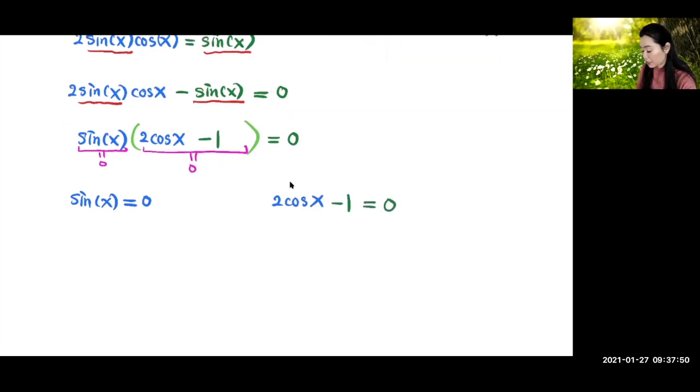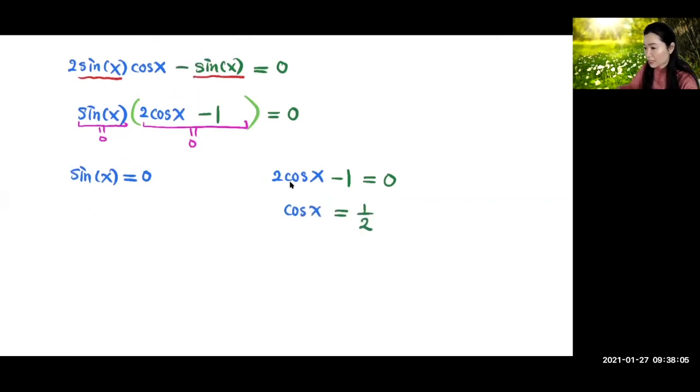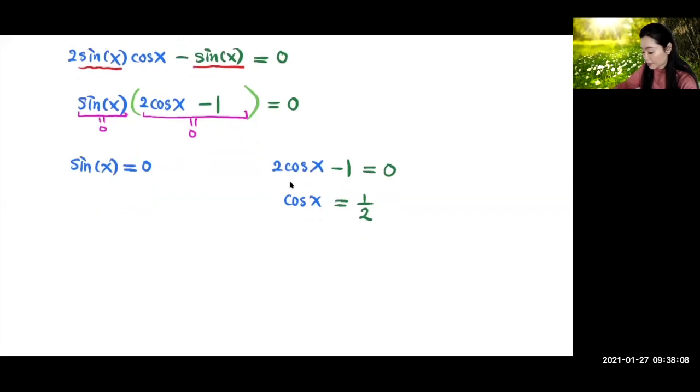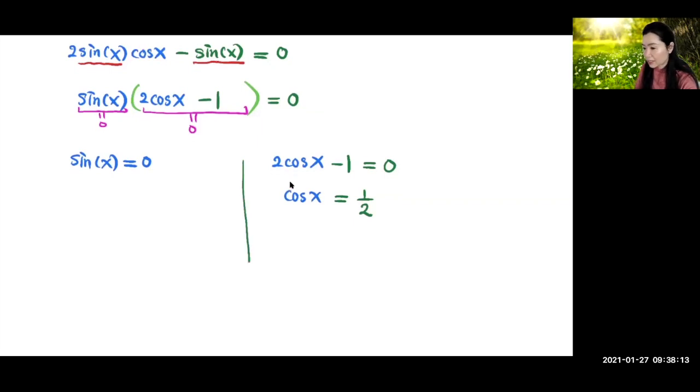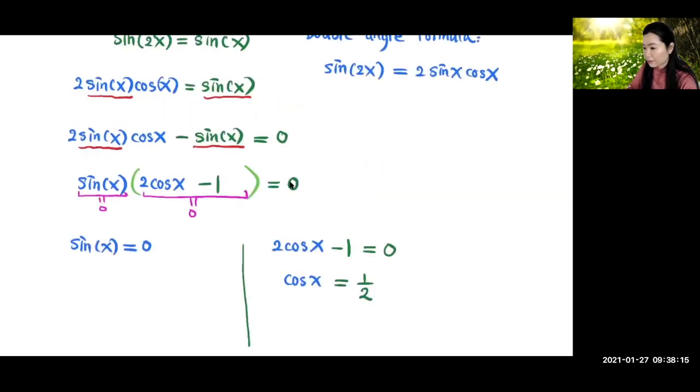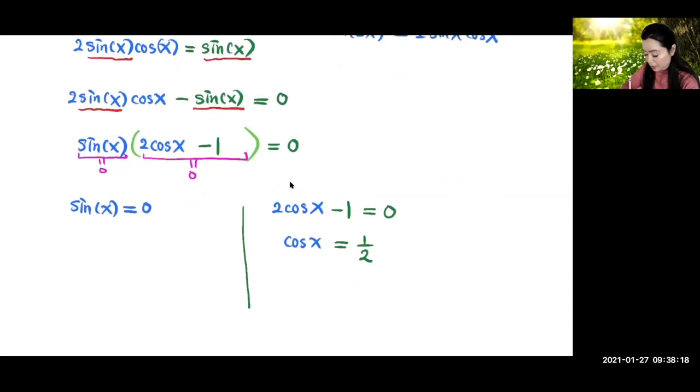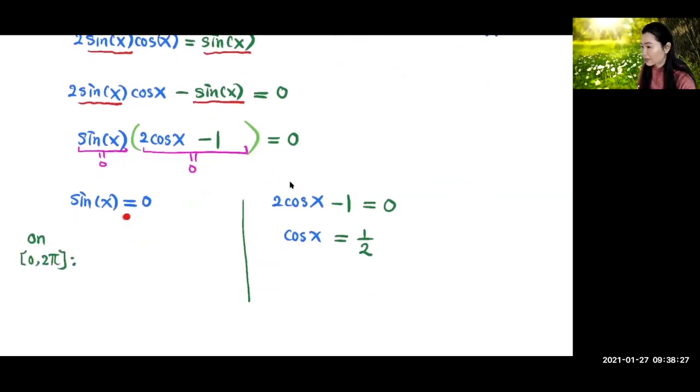Now for the second equation over here, 2 cosine x minus 1 equal to 0, you will have cosine x equal to 1/2. Okay. Now we're going to solve these 2 equations separately. So what do I do over here? Now remember, we'll consider this x here from 0 to 2 pi. What are those angles in radian? Remember, this is in radian. Can you find those angles in 0 to 2 pi